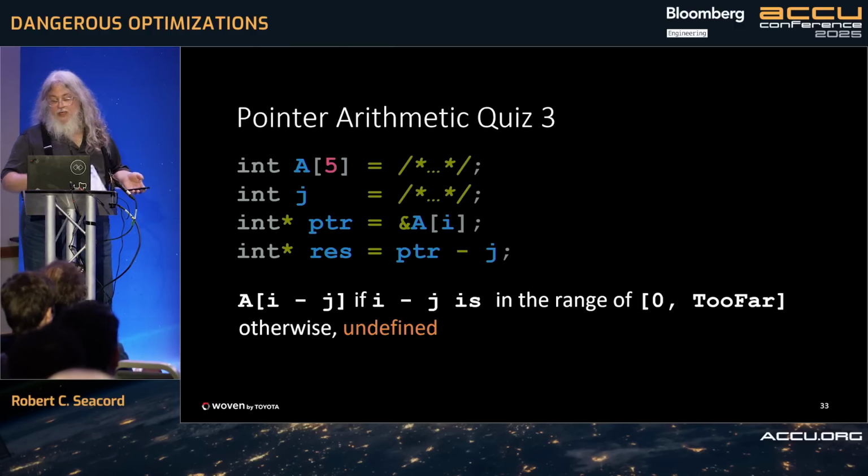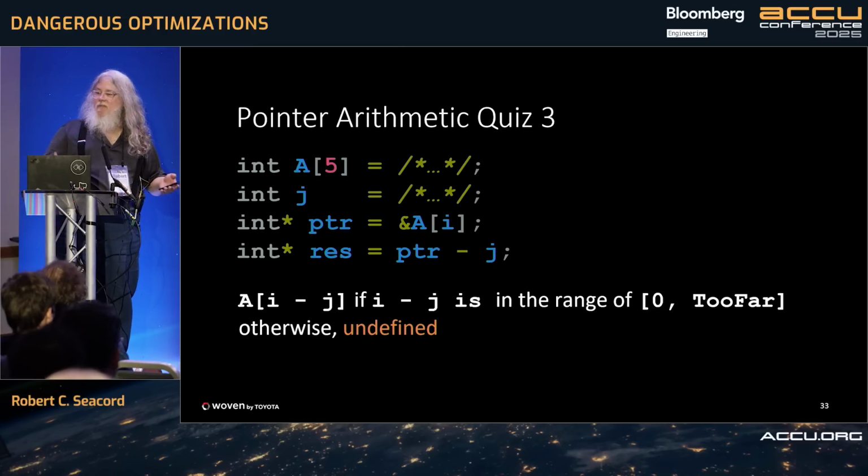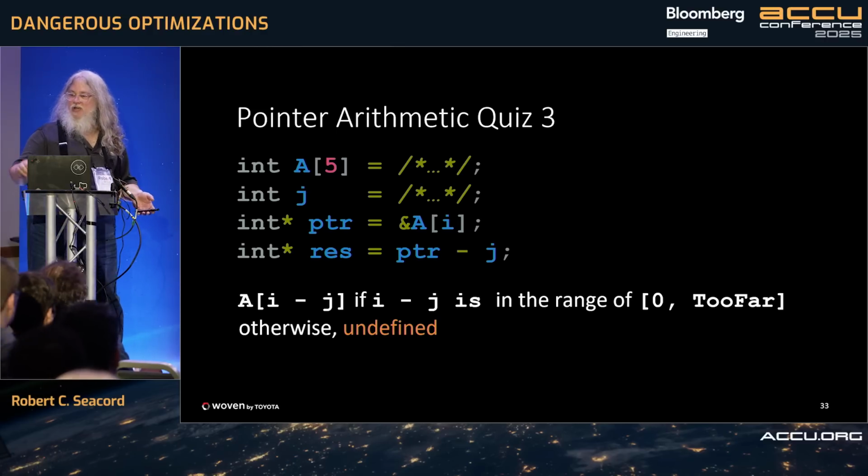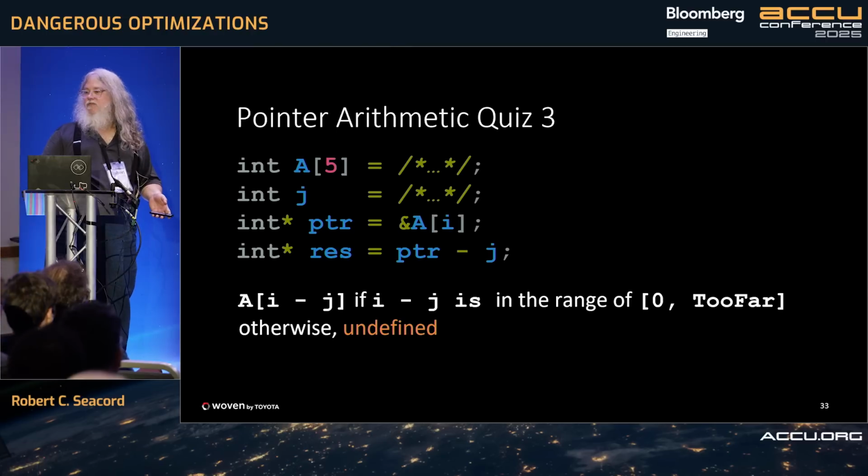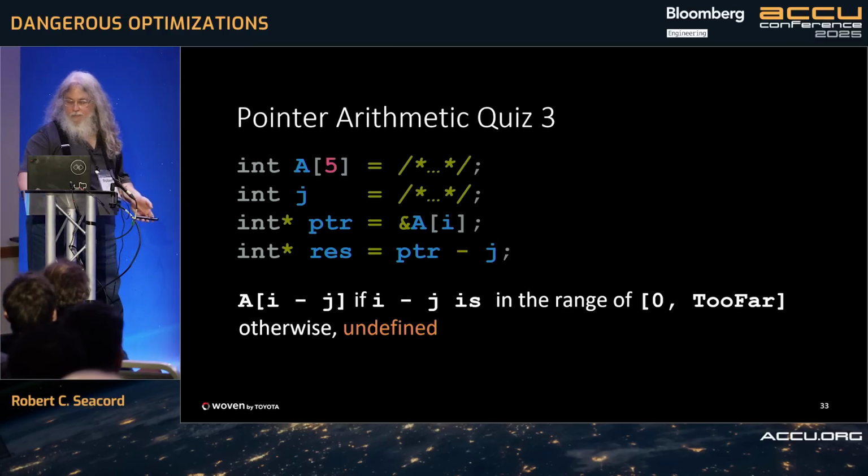And once you have undefined behavior, don't think it's going to mathematically make sense. It can be anything, right? Just could be anything. At that point, trying to reason about the program is no longer feasible. So you can't have a program that's safe or secure if it's got UB, because you can't reason about the behavior of that program.